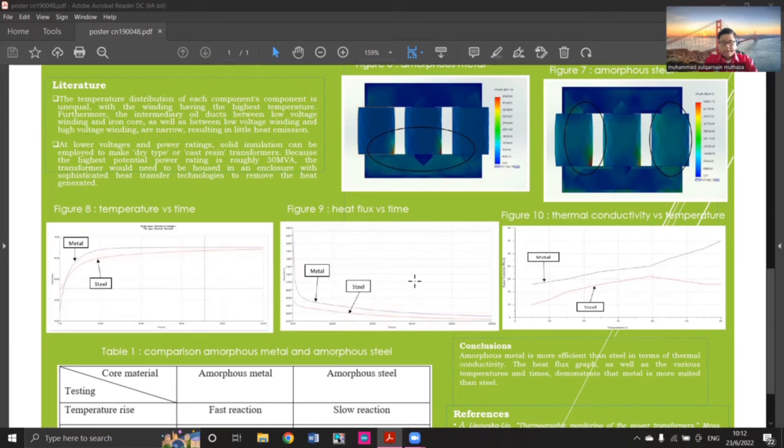Second, the third one is figure 10. In figure 10, I want to show a graph about thermal conductivity and temperature. From this figure, this one is the metal and the steel. The ability to conduct heat is described by the thermal conductivity. The material on the black line, which we call the atmosphere metal, increases with the rising temperature up to 40 degrees,